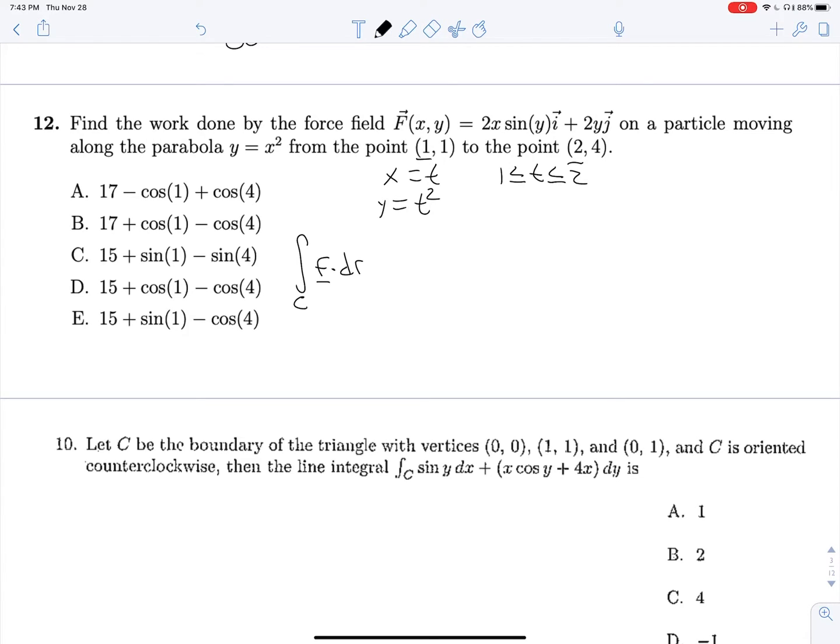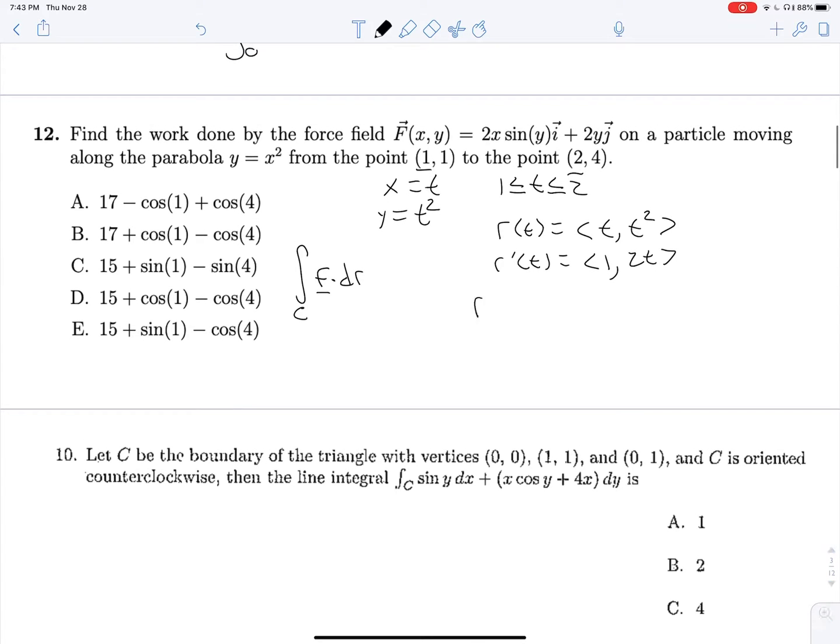So we can just set this up in our normal way, and we should be able to figure things out. So we know that our r of t is t, t squared, and r prime of t is 1, 2t. Now let's make our f of r of t,